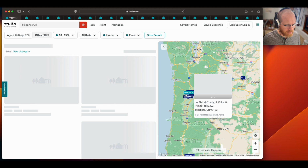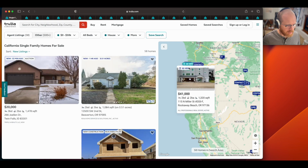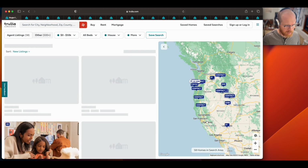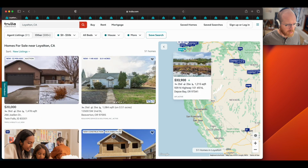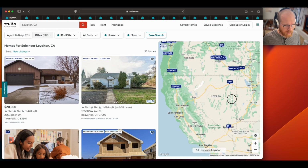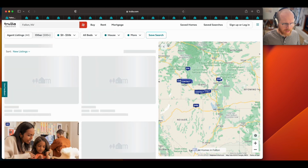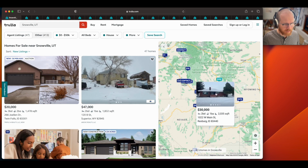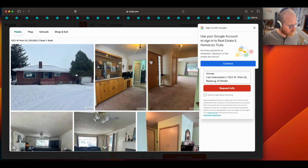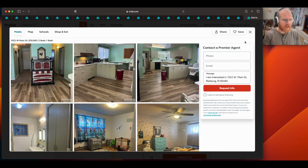Let's see, contact. So if cheap housing is where you're at, the West Coast probably isn't going to fit the bill for you. I don't see anything on the West Coast, really. But this one here, it's like condos, I think. Wells, Nevada. So yeah, if you want cheap housing, you kind of gotta stay in the Midwest. There's one in Idaho. Let's see what we got here. This is a horrible looking house in Idaho. But yeah, the Midwest, the Southeast,